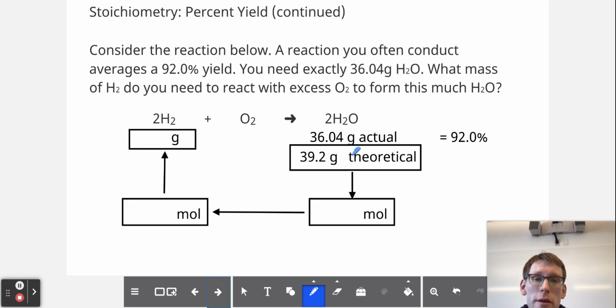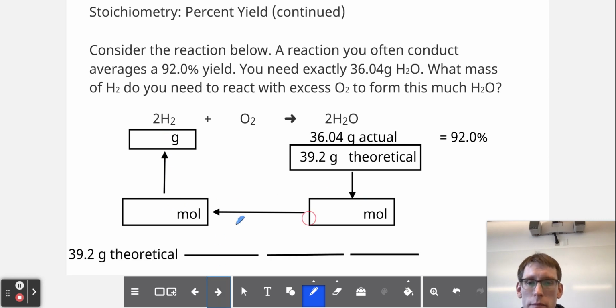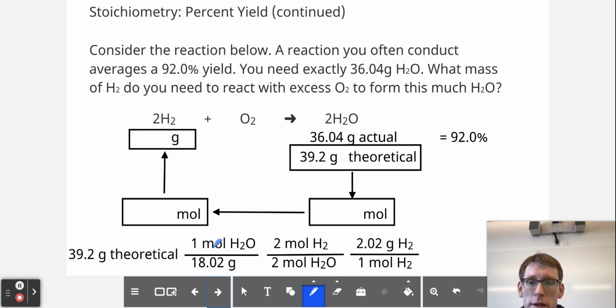Moving backwards from here, we go from grams of theoretical yield to moles of theoretical. We can get moles of hydrogen and then to grams of hydrogen, which is standard bread and butter stoichiometry. I'm not even going to show the conversion factors because it's the same as before, but basically if we have 39.2 grams as our theoretical, we can convert to moles of water by dividing by the molar mass, do the mole ratio, and then multiply by our 2.02 grams of hydrogen per mole, and that gives us 4.39 grams of hydrogen,